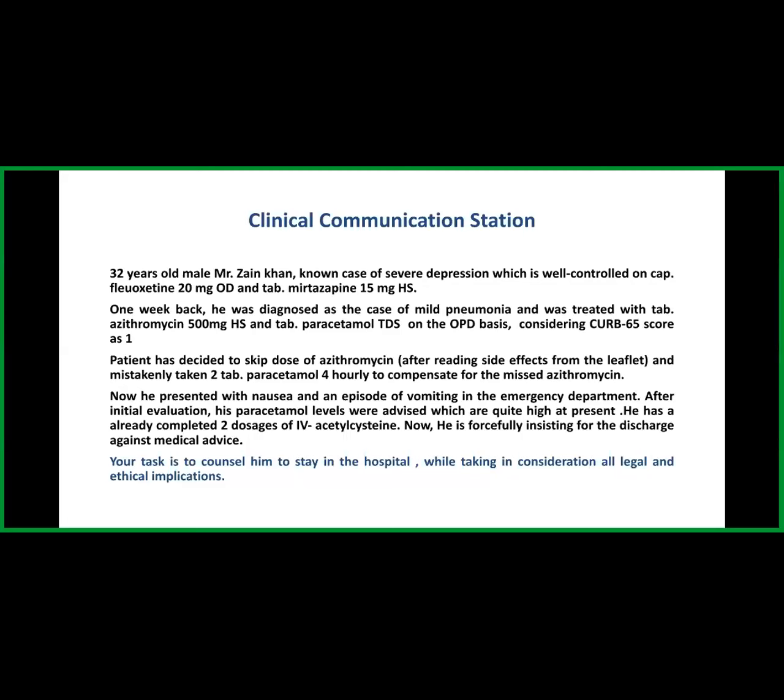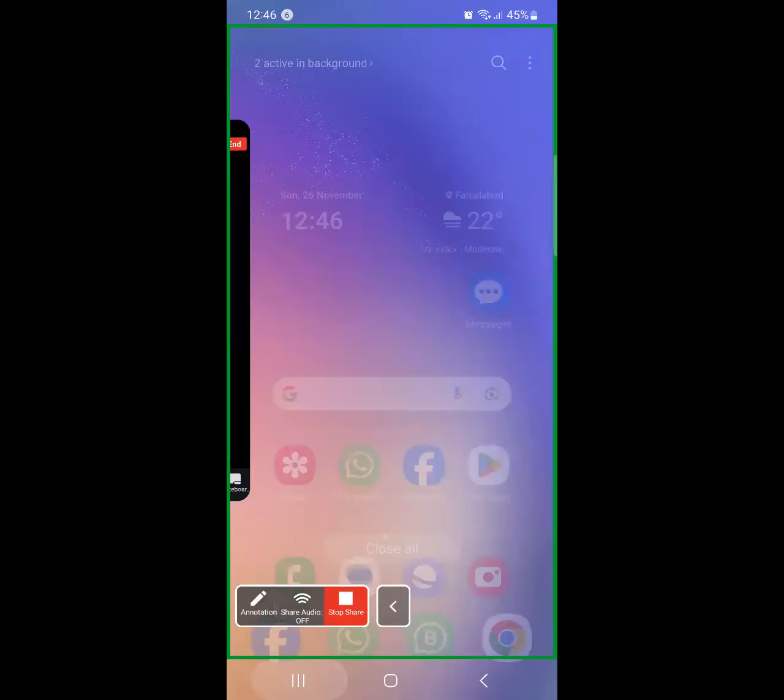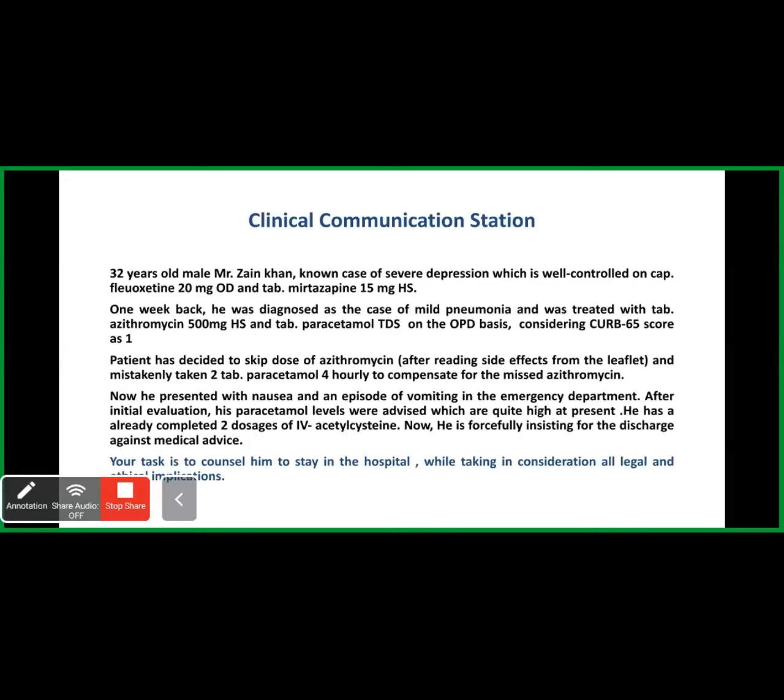Are you ready, doctor? Yes, sir. Amazing. Just a second, please. So I will be giving you a total of almost 10 minutes, and then you will get your feedback. So you have a total of 10 minutes to play well, intelligently, and be sure exactly what should be the part of this case. I'm telling you beforehand, this is slightly a typical case. Okay. So I am giving you a timer, and your time starts now.